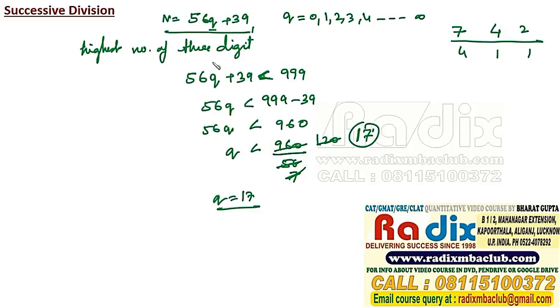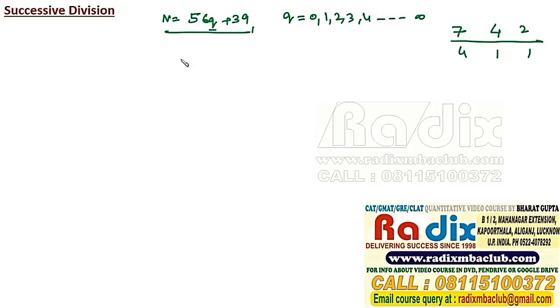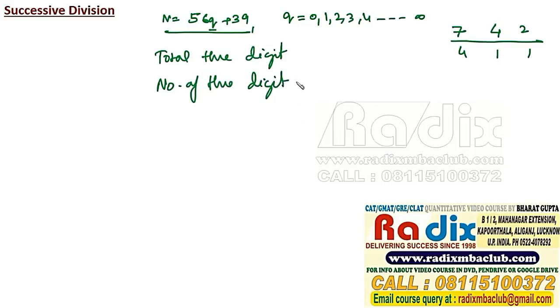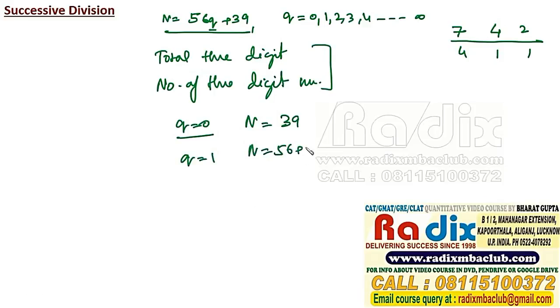So in this condition, we can calculate any possible number. Let's say we have to calculate the total number of 3 digit numbers satisfying this condition. So what we'll do, if we put q as 0, we will get a 2 digit number, 39. If we put q as 1, we will get again 56 plus 39,